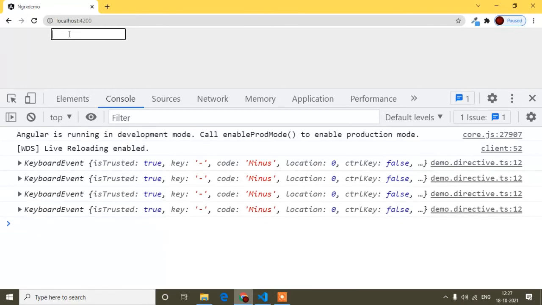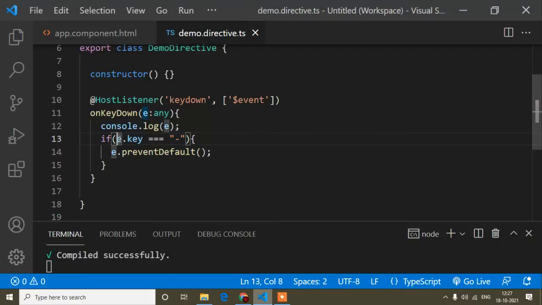I cannot show it, but in the console you can see I pressed minus from my keyboard, but here it's not showing the minus value, because I have written a condition: when the user presses the minus key, block it, because negative values start from minus.